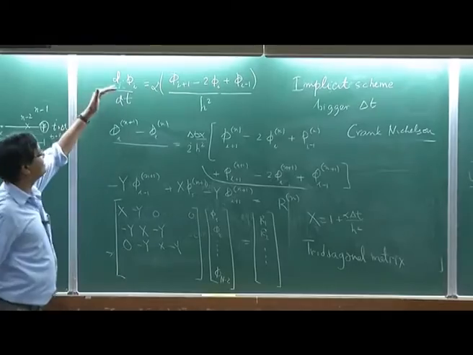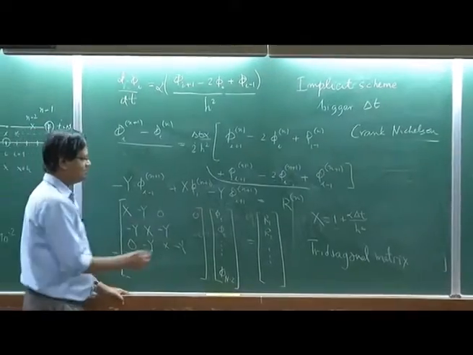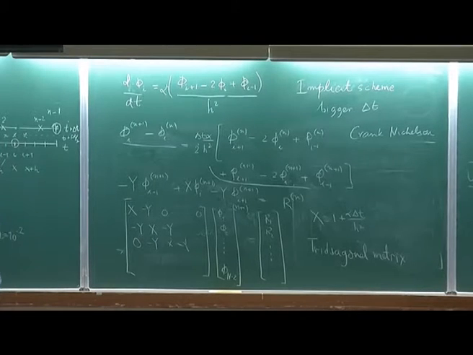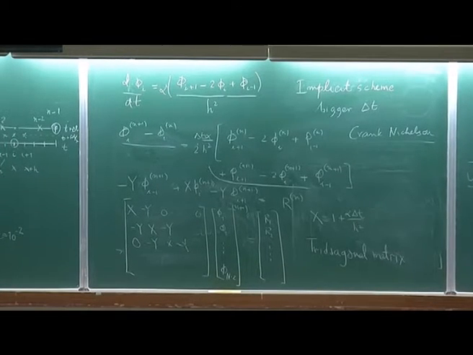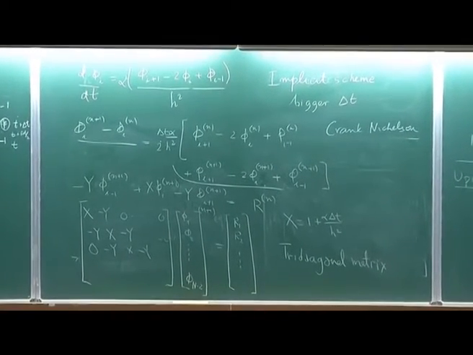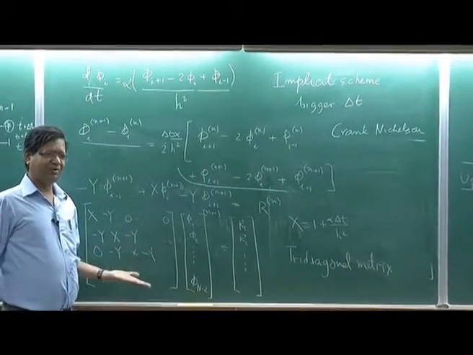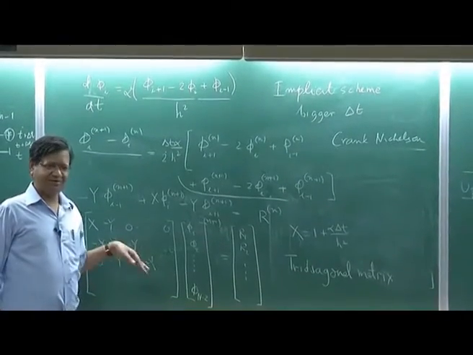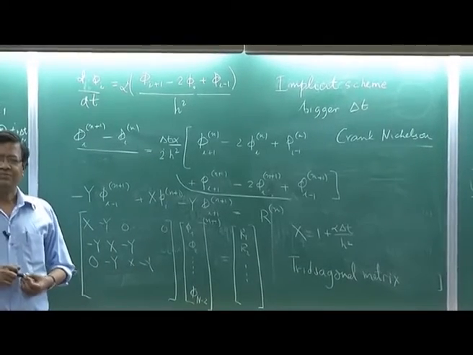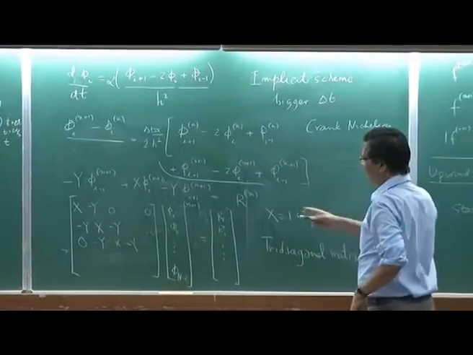So, if you want to solve this equation implicitly with bigger delta t, then you need to solve for the phi's, which are all at n plus 1, using a matrix. Now, you need to consider an algorithm or a computer program to compute with the matrices. Okay. So, I will do this later in the class, how to solve a tridiagonal matrix in a computer. It is in fact straightforward, but there is a scheme to do it. Okay. So, if I want to use the implicit Crank-Nicolson scheme, I am stuck here.